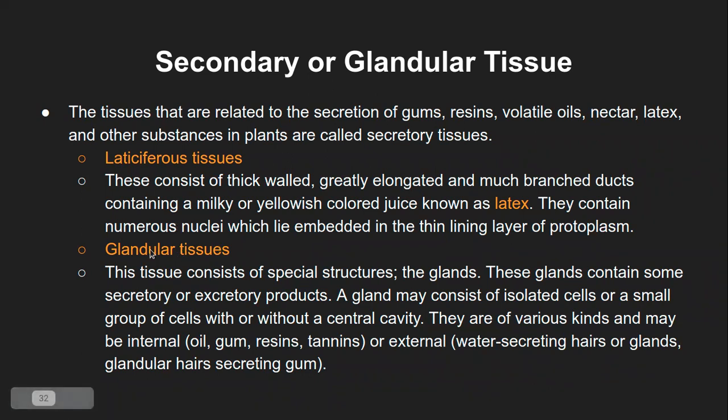Then other glandular tissues, again these are specialized glands, like we also have the thyroid gland and pancreas or the adrenal gland and so on. Similarly, plants also have certain glands, though they need not always secrete hormones. They do secrete either a secretory or an excretory product. Now there is a difference between these two words. Secretion can be of a useful product, right? Excretion is usually of byproducts that are not required. So there is a difference.